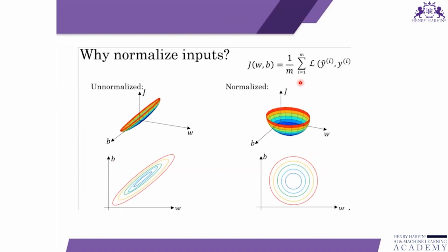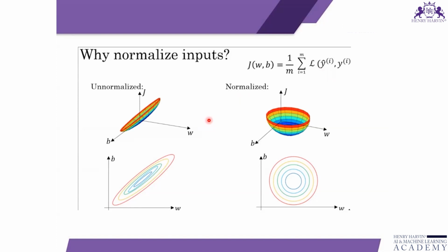First, this is the equation of the cost function: 1 by the summation of differences. If you take this particular section as your cross entropy, it is calculating the loss, the actual value versus the predicted probability, and based on that your cost is computed. The objective of the optimization process is to find the values of W and B, or more if you have more parameters, in such a way that this loss is minimized.